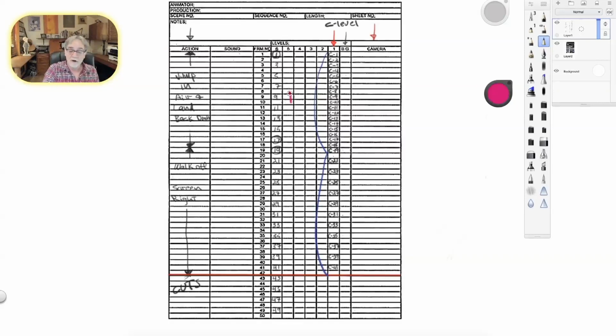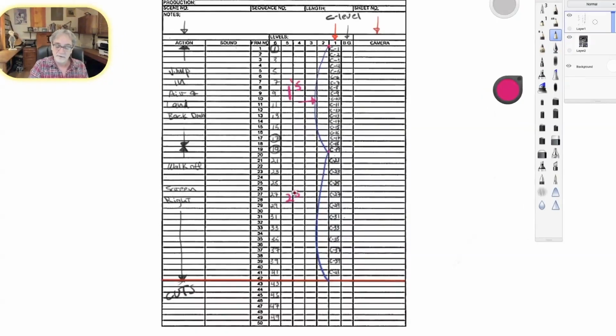So ones all through there with that blue line, and then it's twos going from frame 19 down to frame 41. Let me just make this clear again.